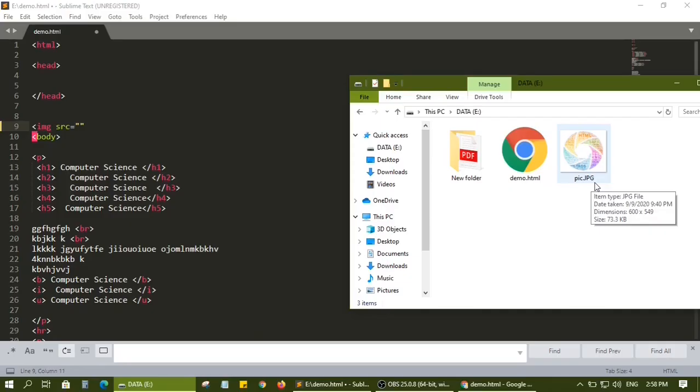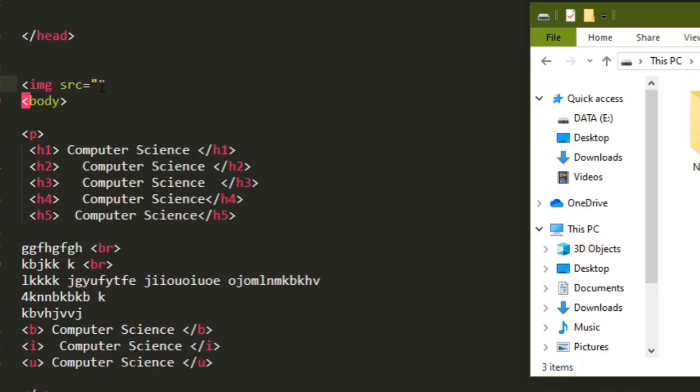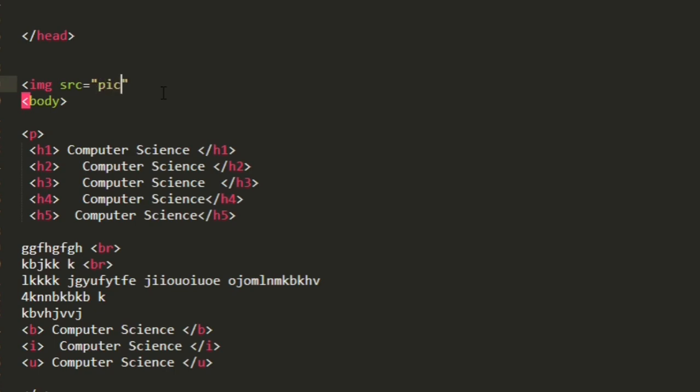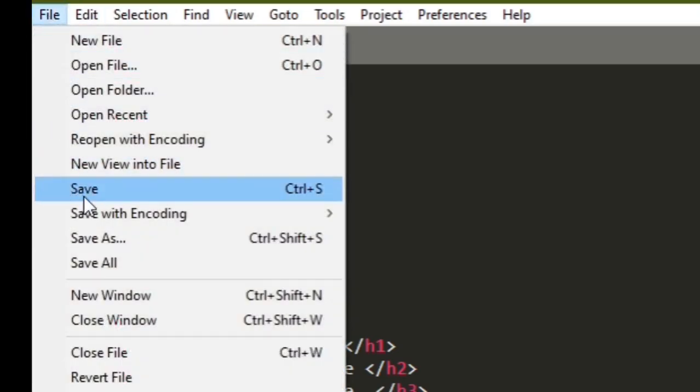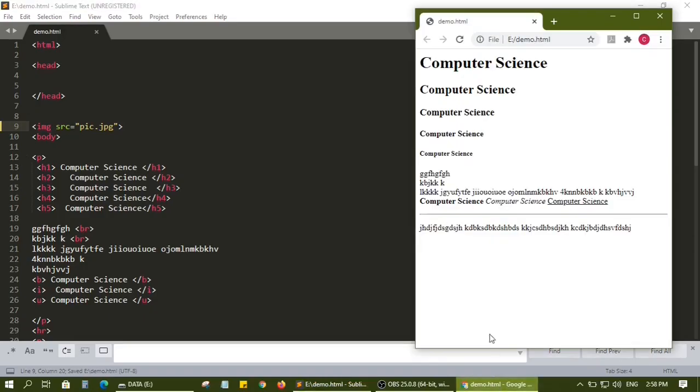So I'll write src equal to pic.jpg and I will close the tag. Then I will save the file and I will see what is the output that I get.